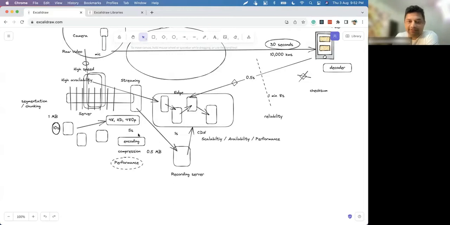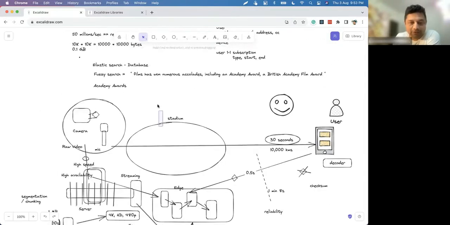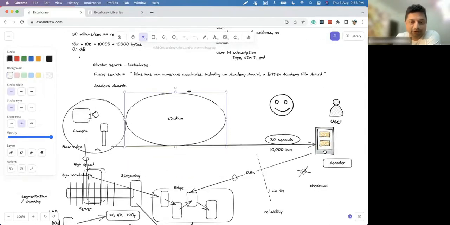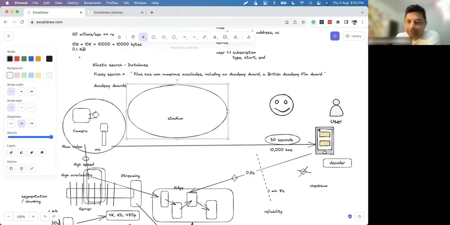Then he will definitely get convinced and he will give you good input, because this is how an architect will design a system, right? For any system, you will take a similar approach and come up with the architecture. And your architecture should be end-to-end, detailed enough, and nothing should be missing. As in this case, I gave you the architecture from how the video will be recorded in the stadium to how the end user will be watching it. Right.